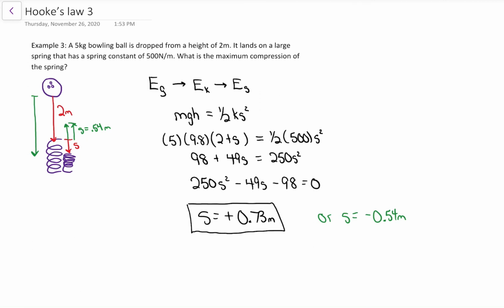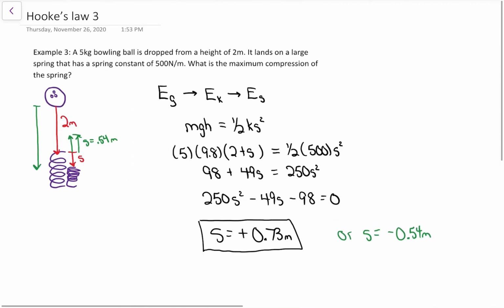It's not completely symmetrical since gravity's downward. It's going to get squished downward 73, but then only get pulled upward 54. So the 54, the way it's worded in this question, is not necessary, inadmissible if you want to call it that, but what it does represent is if the ball had stuck to the spring, how far the spring would have gone,